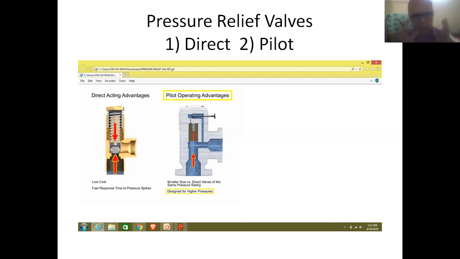So friends, under abnormal conditions, automatically the valve will come to open position, and under normal conditions, automatically the valve will come to closed position.